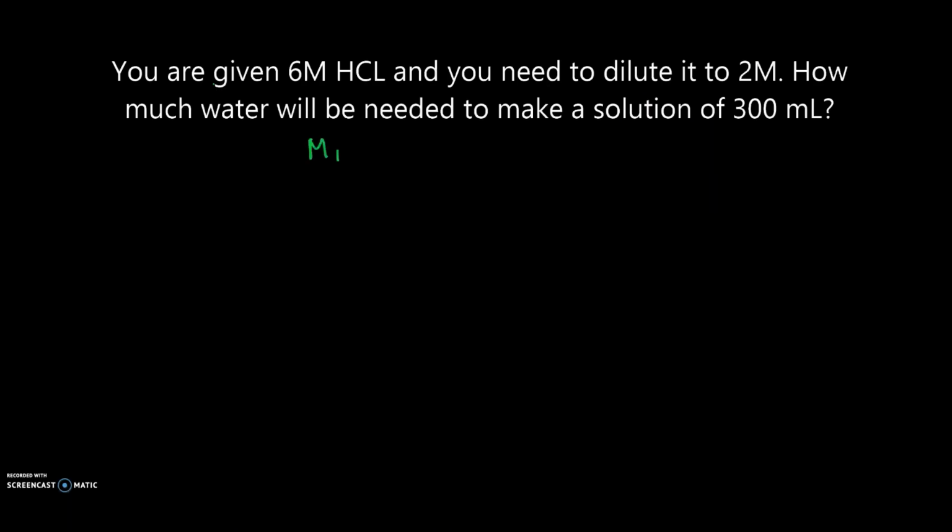Going on to the second problem, we will be using a different equation this time. We will be doing molarity 1 times volume 1 equals molarity 2 times volume 2, as we want to determine the amount of milliliters of the first solution needed, as we want to dilute the solution. So we first are given the 6 molar HCl, and our second solution, we want to dilute it down to 2 molar, and we want to make a solution of 300 milliliters, but we'll have to convert that to liters, since in the equation we can only use liters,